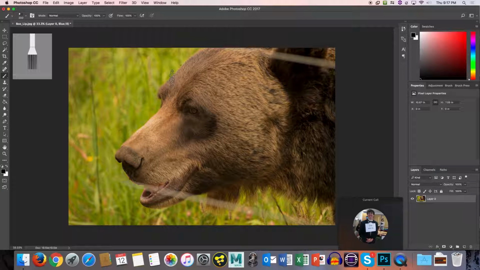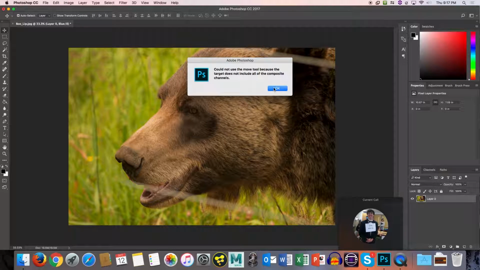Makes sense. So let's take a look at some of the tools over on this panel on the far left side here. So working down from the top, we first have the Move tool. And this